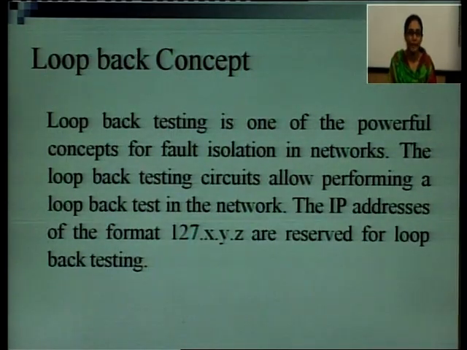Next is the loopback concept. The loopback concept is basically used for testing purposes. We simply want to check whether the network is properly working or not, so we use loopback testing. It is a powerful concept for fault isolation in the network. So the loopback testing circuit allows performing a loop